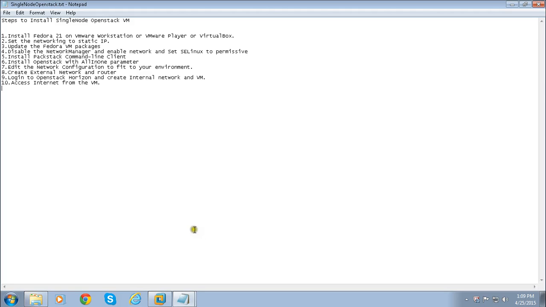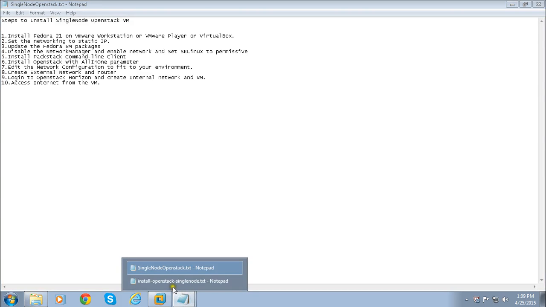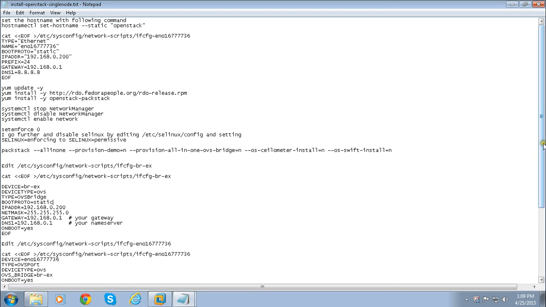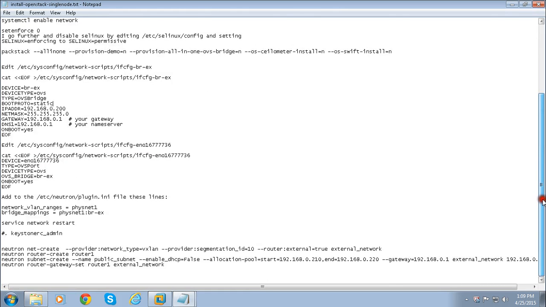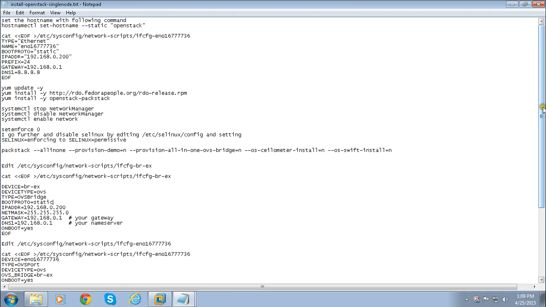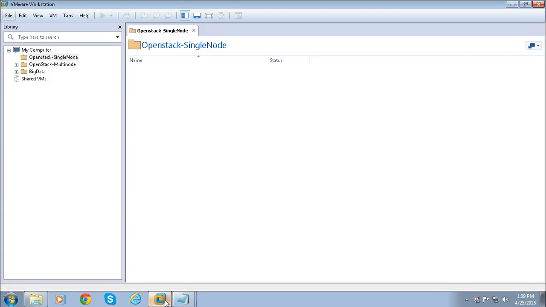And you can follow also directly. I have created another text file here with exactly the commands to be used, if you want to just copy and paste the commands in your VM. You can readily copy paste all these commands and go forward and install OpenStack on your virtual machine. So let's go forward and create a virtual machine first